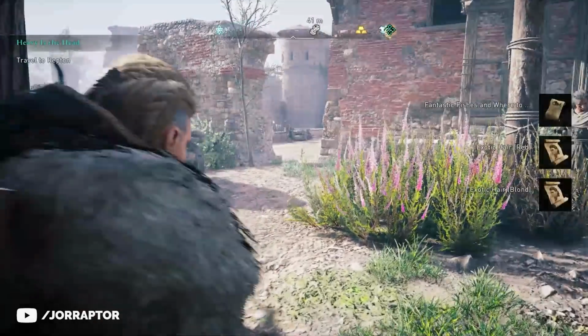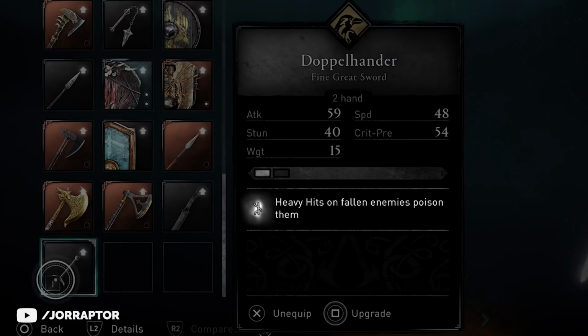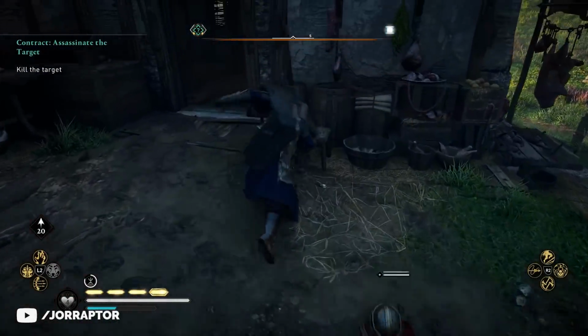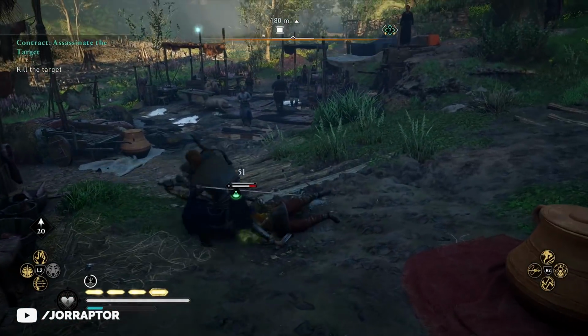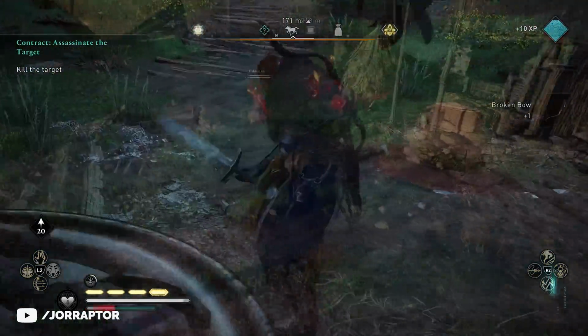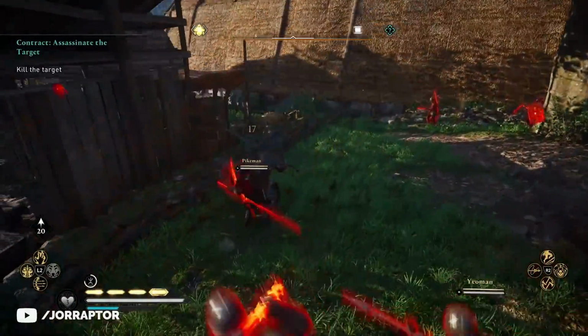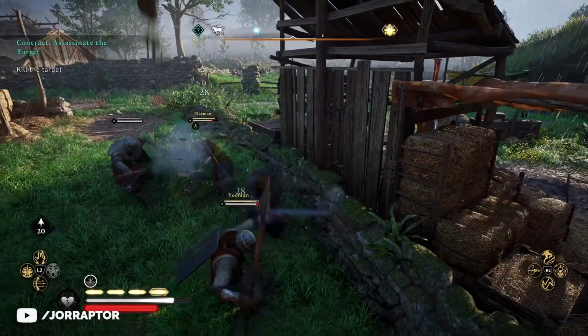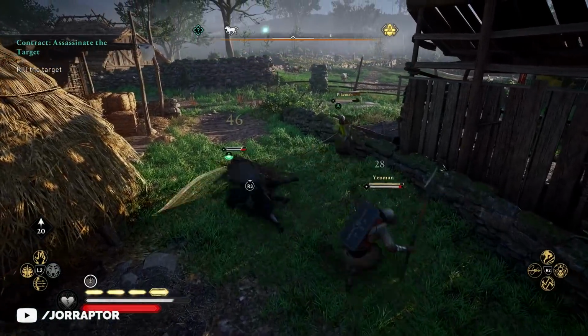What is nice about the double-hander is that you can easily trigger a poison effect when doing heavy attacks on enemies who are on the ground. So it will change your playstyle up a bit, because with the left-hand charge of the two-handed sword, you can easily push enemies on the ground, after which you can apply the poison effect. Sure, later on there might be better alternatives for the two-handed sword, but I think early on this one is